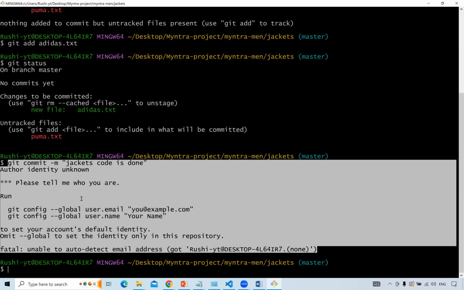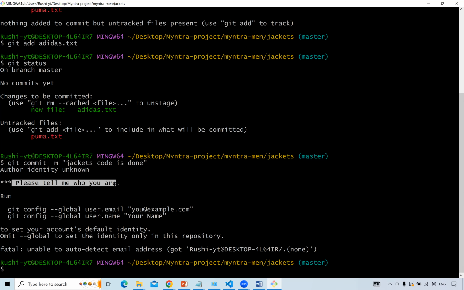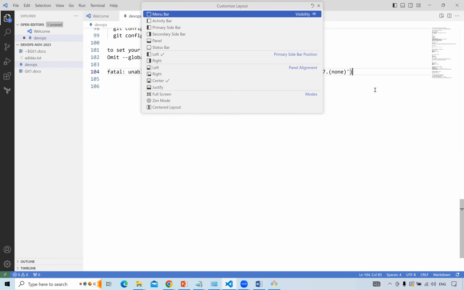Okay, let's see. The concept is very simple. Please tell me who you are. You are going to push some changes from local to the centralized repository. If you want to push these changes, tell me who you are. Okay, I'll tell my details. Please note down. Copy this command, and I'm uploading these details in the notepad with the error. So what we need to do is